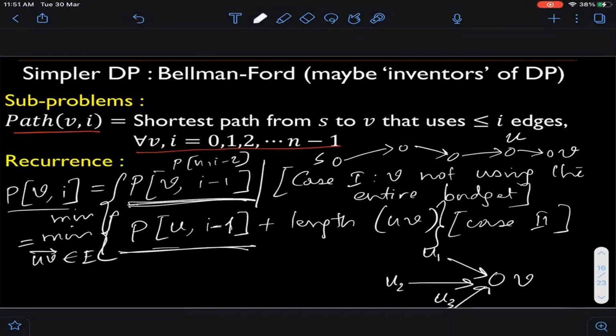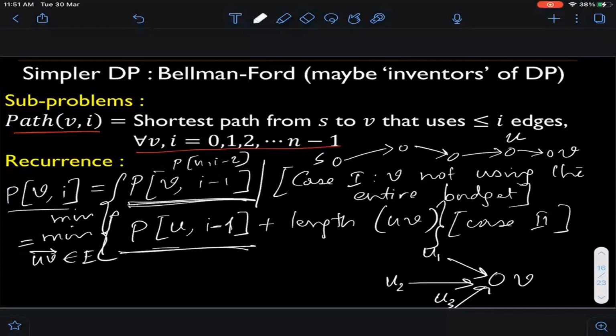Yeah, I'm not sure. Maybe I'll think about it. Okay, so what we'll do is we will stop here today. So we will stop at the recurrence today. So the next time what we will do is we will write a pseudocode, which as you can imagine is very easy now.